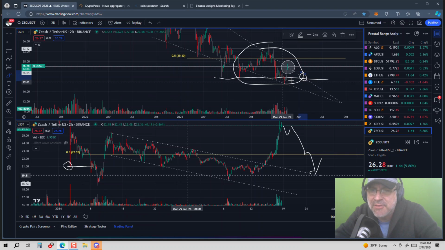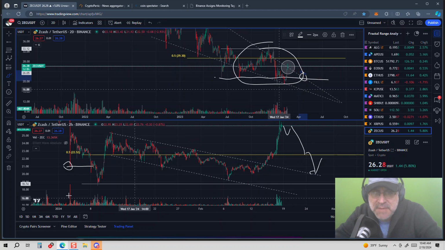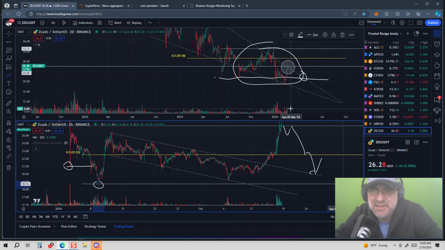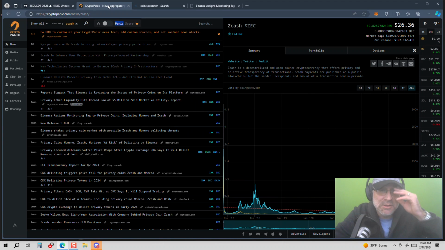Otherwise, we're going to fall back down through, and just like we just talked about, it'll go back, maybe have a triple mitigation of this low of this $18. I don't know what it's going to do. But anyway, we can look and see what's going on.